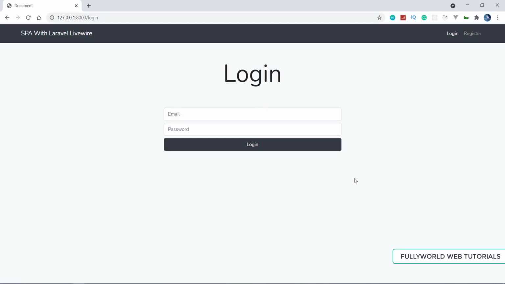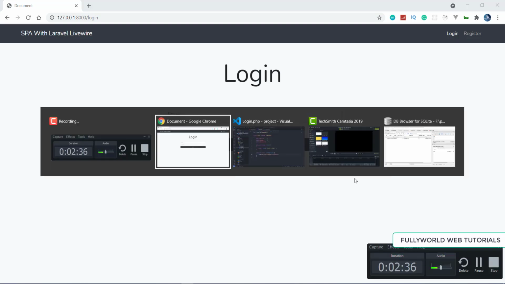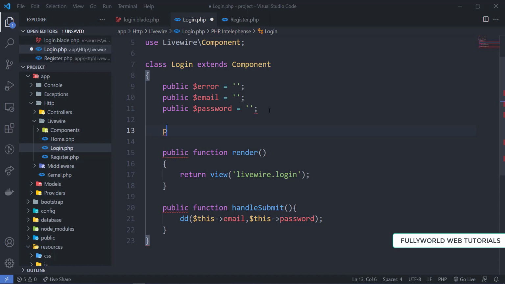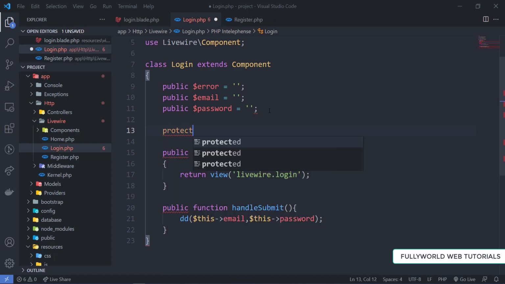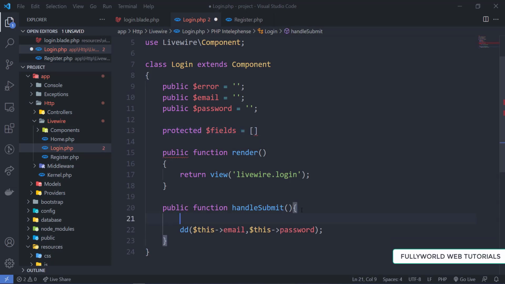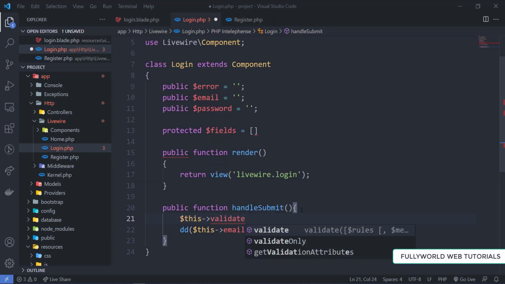So for that we have to apply the validations. As I have already told you in the previous video, there are two methods for the validations here. Either you can make the protected field of rules here, and simply you can write here $this->validate.